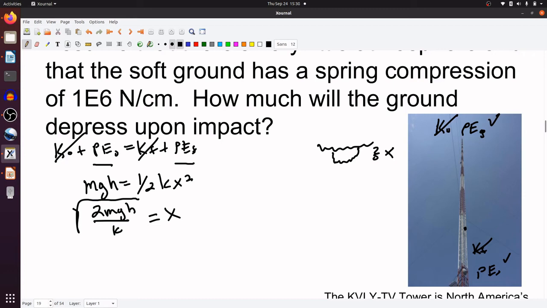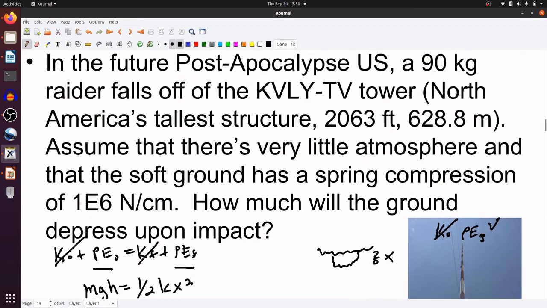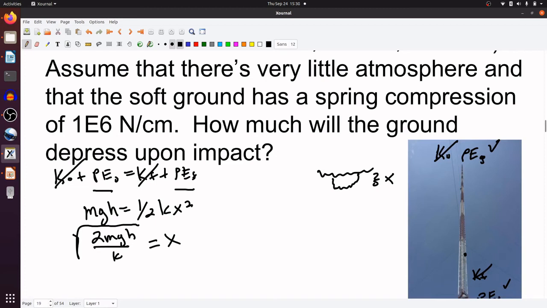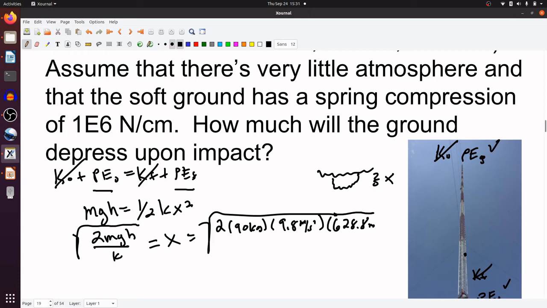2 times 90 times 9.8 times, really high value, 628.8, and then I have to divide that by k, and I didn't put my numbers in here, I just realized, so let's write down my numbers. I just jumped right ahead. That'll be 2 times 90 times 9.8 times 628.8. And then I got to be careful because everything's in meters, but it gave me the spring constant in